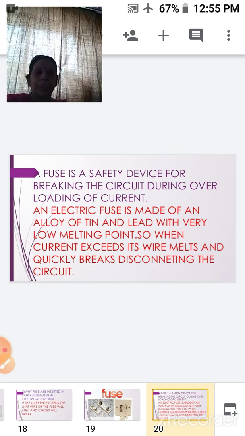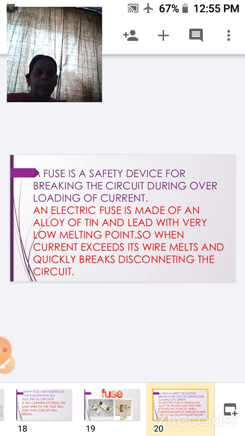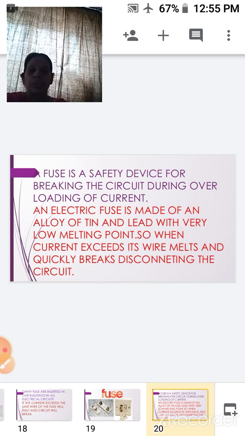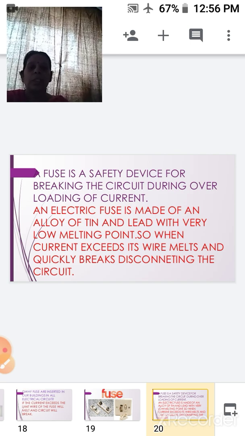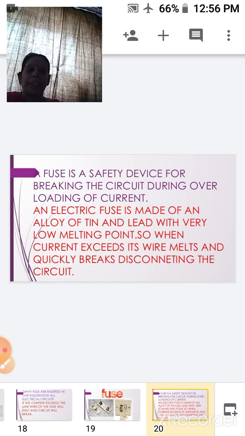It protects the electric current and the electrical appliances which are attached to the circuit when a large electric current flows through this circuit. So here I will tell you, an electric fuse is made up of an alloy of tin and lead, which has a very low melting point.